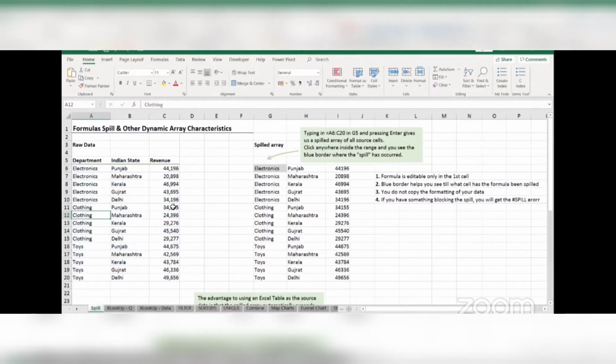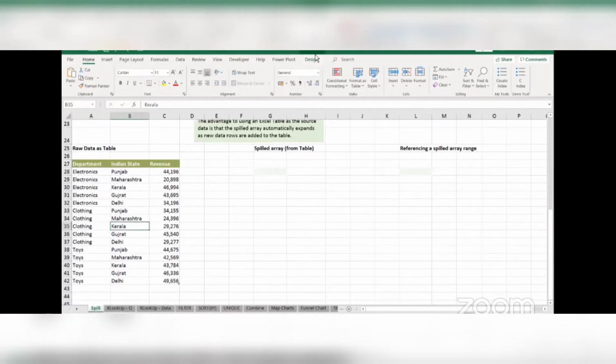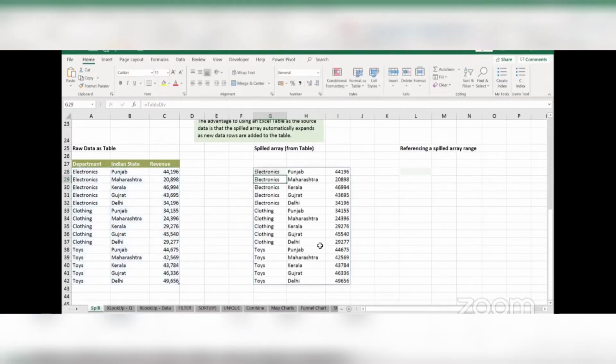Here we dealt with normal data, and this is what we got. Now let's look at an example where we would have a table of data. So here, if you notice at the top, I have something called table tools, right? So here we have table tools, which tells you that this is an official Excel table. It has been converted into a table. Now, if I try to do the same thing, I go to the cell and say is equal to all these cells and hit enter. There's no difference. Again, here we get the entire data getting spilled into the cells surrounding it. All right. So in a table, the spilled array also works. This is extremely simple.